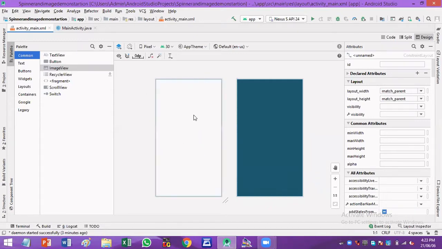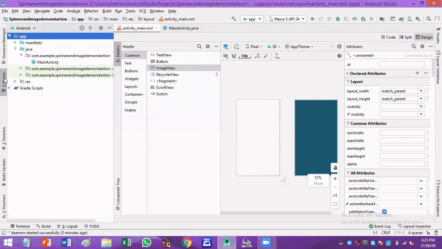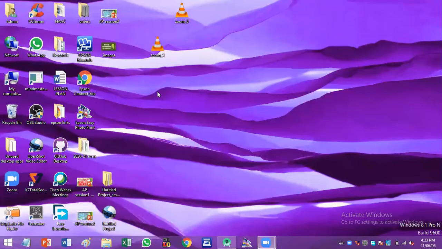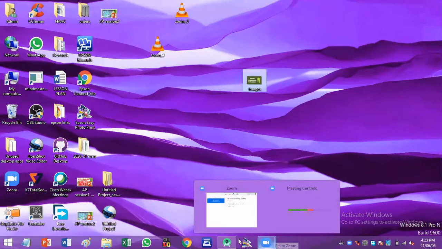Before inserting an image into your user interface, you have to bring that image into your project. So let us bring that image into your project. While adding an image into your current project, one thing you have to make sure is your image name should always begin with a smaller alphabet. Okay, so here I have stored an image with the name images. So you just have to drag this image and drop it into your